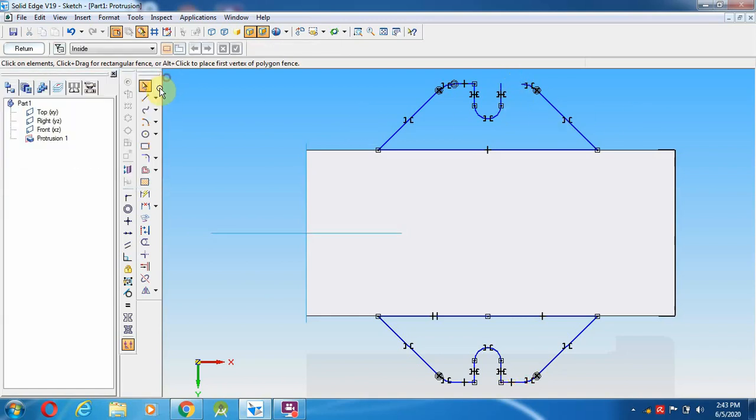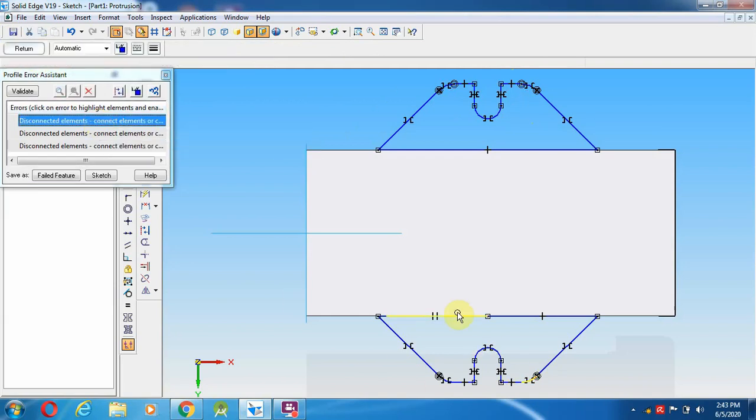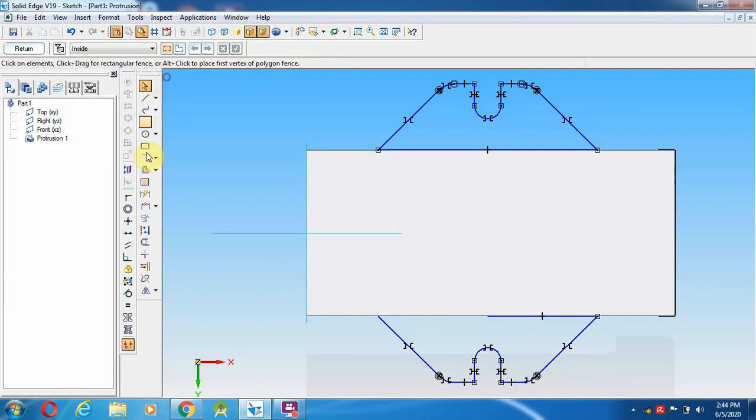So select a line over here from here to end point of this line. I am going to delete. So control Z. So this is the line I want to delete. Even this is a line. Select action to next.